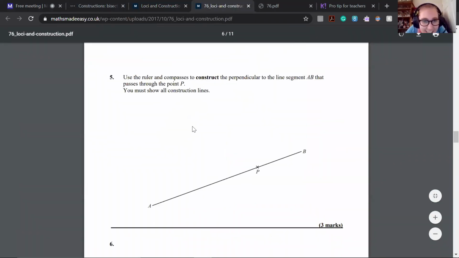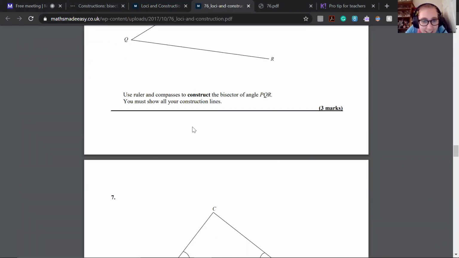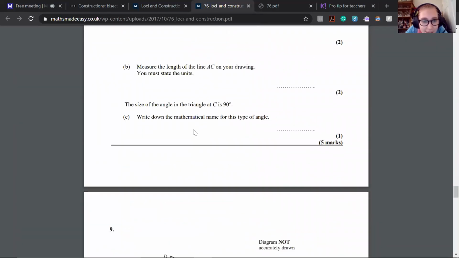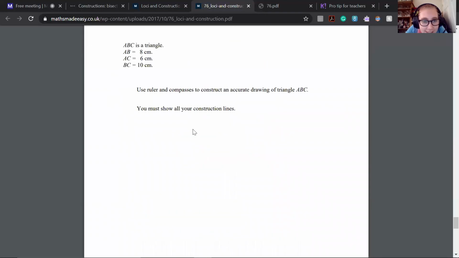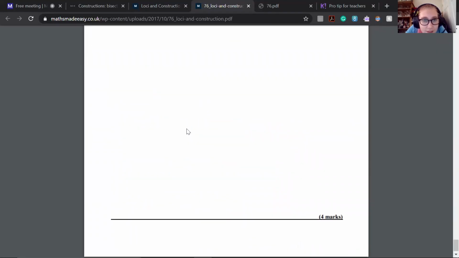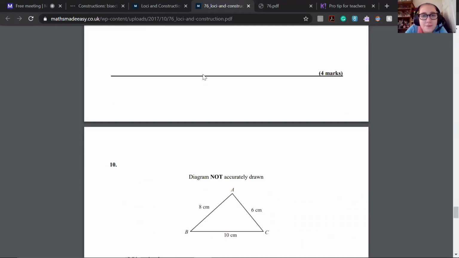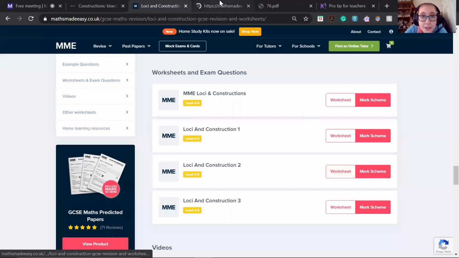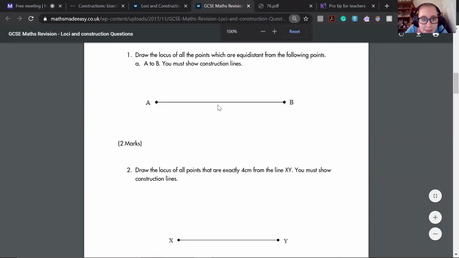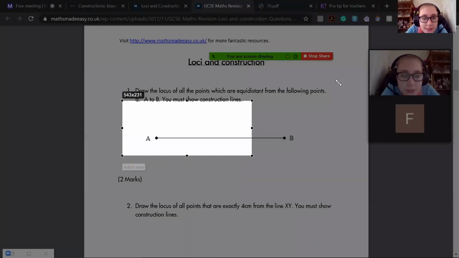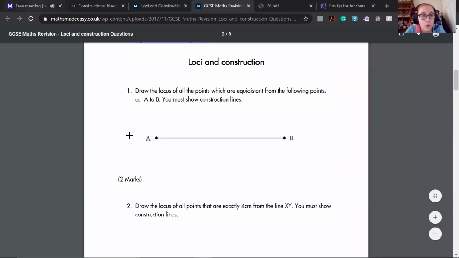Let's see. Okay, that's an angle bisector. Making some accurate drawings of things. Okay. Those aren't the kind of questions. I might have to come up with some questions myself, to be honest, because of what I want based on what's in the Kahoot. Yeah, okay, so we can just get something as simple as this, which just tells us,